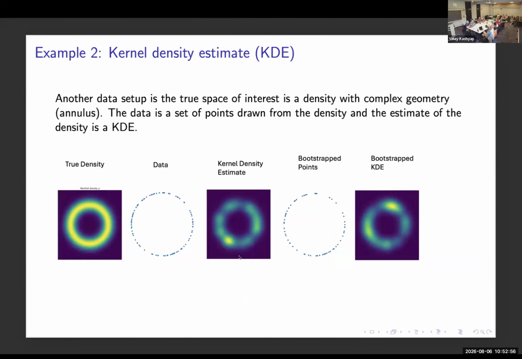So here's another data setup, which is very different, where you have some density. This is an annulus, so it has some kind of complex geometric structure, and you just sample points from your density. Your data is points, and then you can use a kernel density estimate to estimate the density. It looks like that data has no scatter. That's a good point. I actually just sampled from a unit